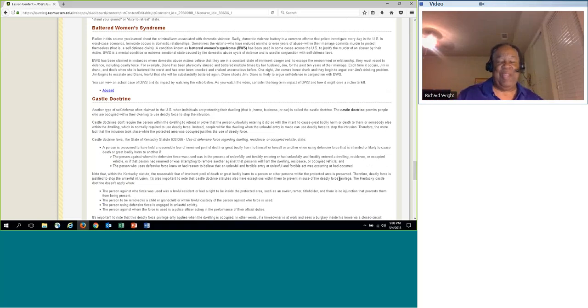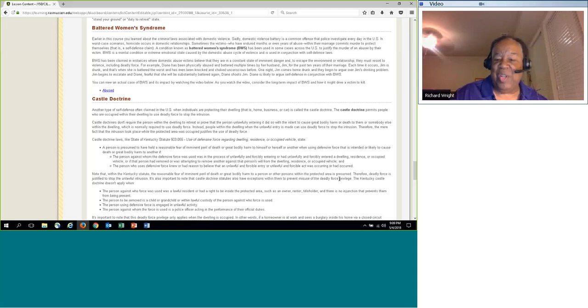Now, if that person doesn't have a registered weapon, or they unlawfully have a weapon, that doesn't negate the castle doctrine. What that does is trigger maybe some other laws that are involved. Let's use Kentucky, for example. The use of defensive force regarding dwelling, residence, or vehicles. A person is presumed to have held a reasonable fear of serious injury or great bodily harm, and using defensive force as intended or likely to cause death or great bodily harm to another